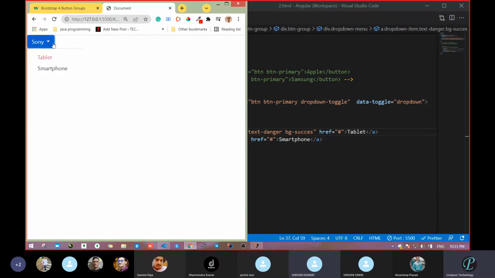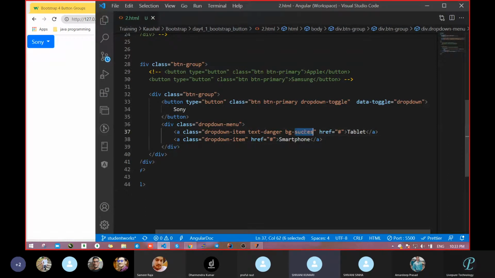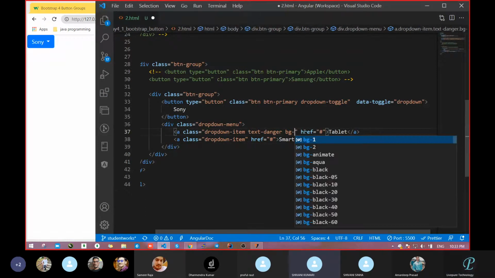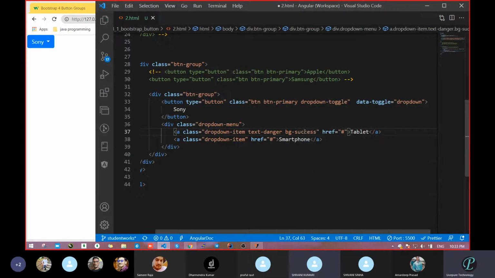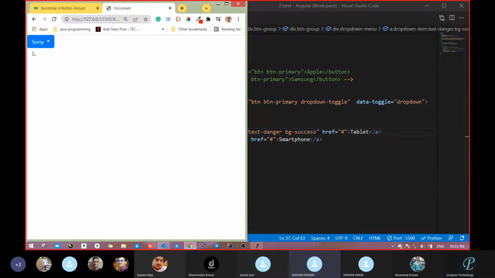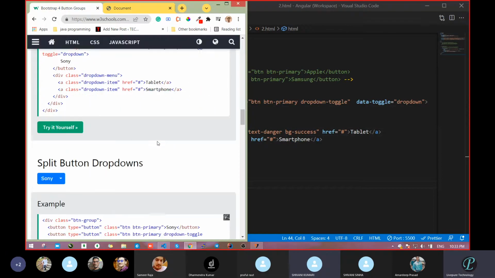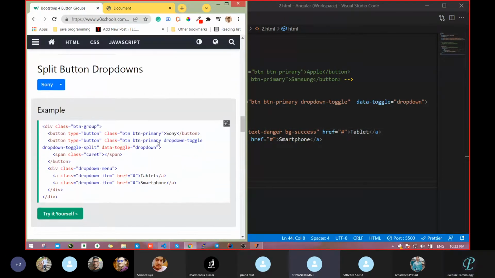Whether it will come or not? What happened? It did not come. Some mistake. bg-success. Yeah, it came. So this way we can make that design. Clear? Any issue? I'm not thinking any issue.